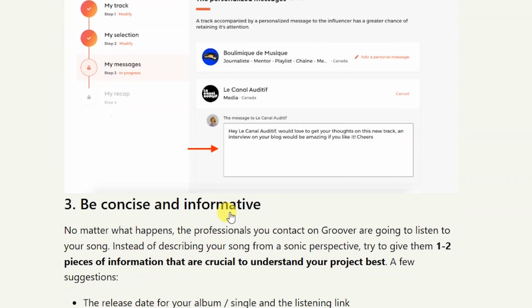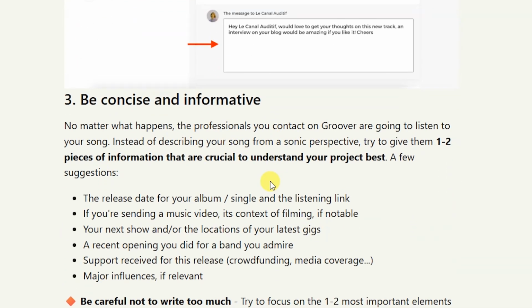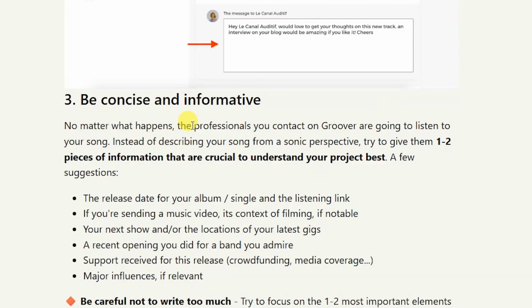So the third tip is be concise and informative. Now, personally, I thought that a pitch should be kind of wordy. I want to say a word, but I'm not sure it's English. Let me just stick on the safe side. I thought it has to have so much explanation. Apparently it doesn't. So here they're saying no matter what happens, the professionals you contact on Groover are going to